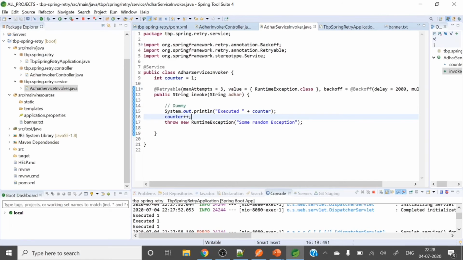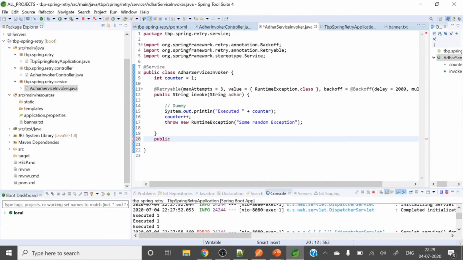So why is it coming here? Because after 3 times, still it is not able to get success, right? So after 3 times it's throwing the runtime exception. That time nothing is there to handle that one. There is no try catch or something like that. So how can we handle it gracefully? Suppose after these 3 attempts you want to run some method where you are sending some error message or redirecting to some other page. So here is that one. Let me write some method.